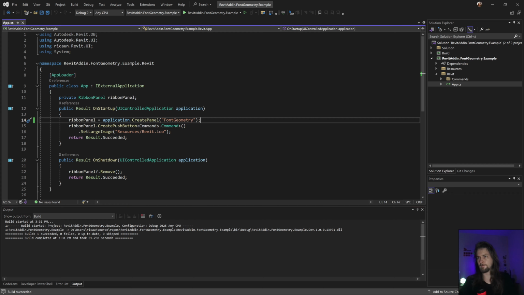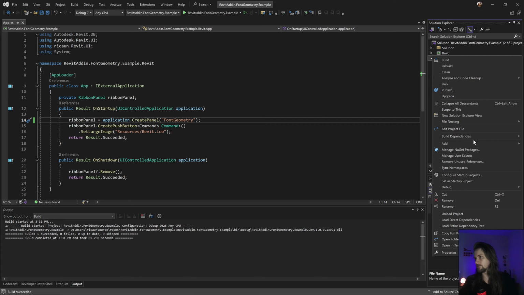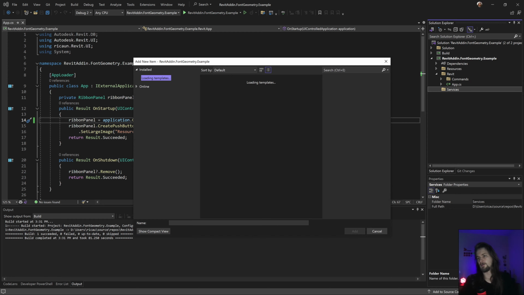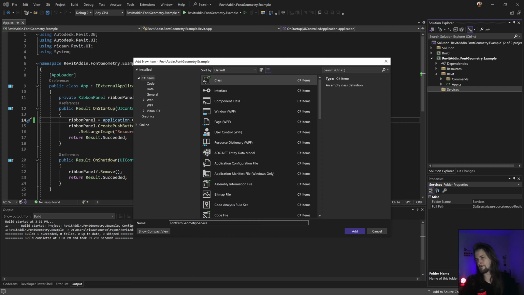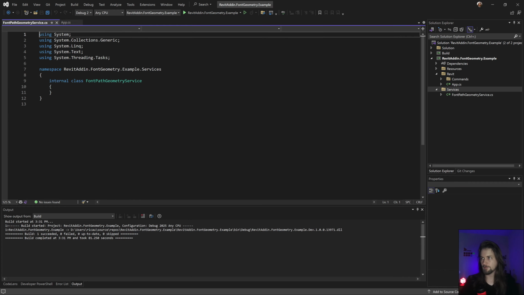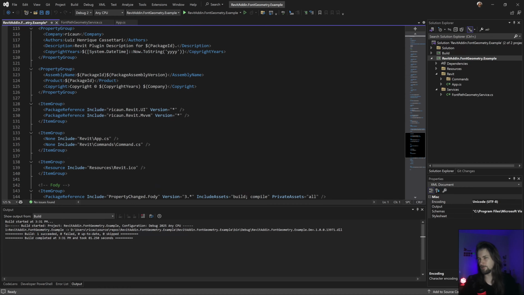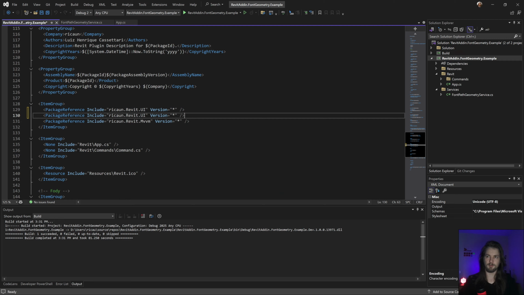Let's create a folder here called Services, just to make more sense, with the service that I'm going to use. I'm going to create the first one, and after that I'm going to add a library to make it simpler to create elements and shapes.